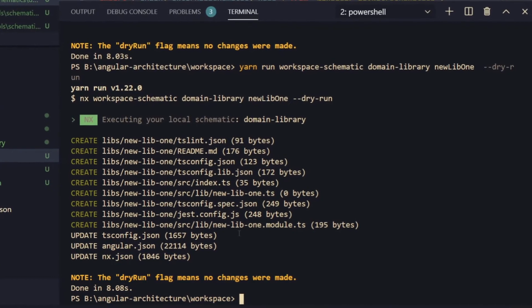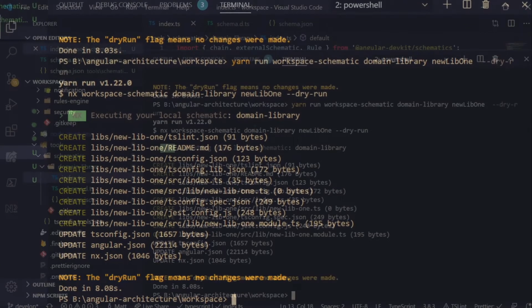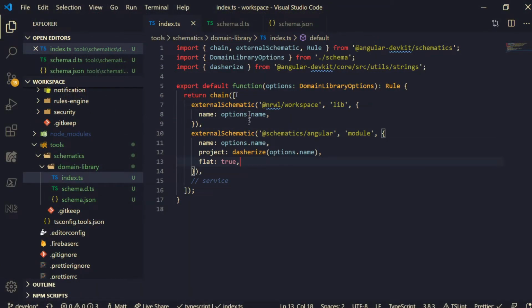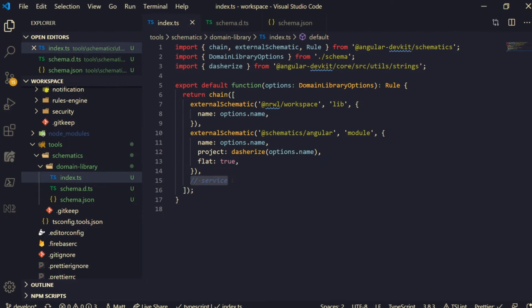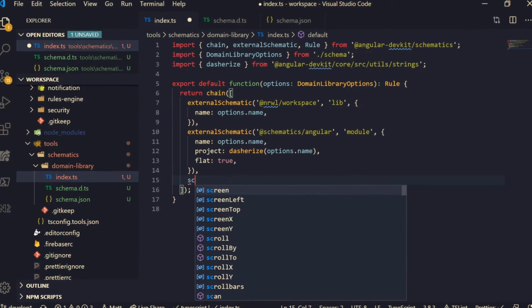Okay, so currently our schematic is doing pretty well, and we haven't really written a lot of code to do this. We're basically taking advantage of calling other schematics using the external schematic method, and passing in the options, and really the only thing we have is the name, right? So we're good. So the last thing we want to do is to create a service schematic, and this one is going to be customized. And so we're going to use a different